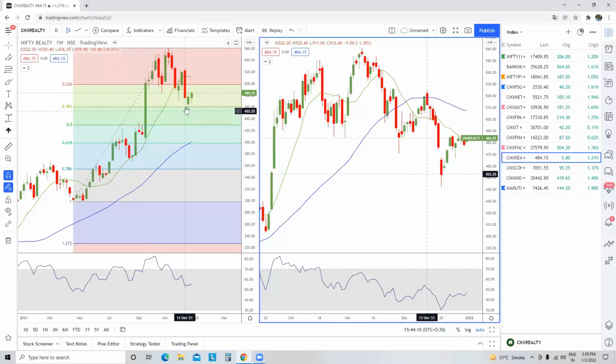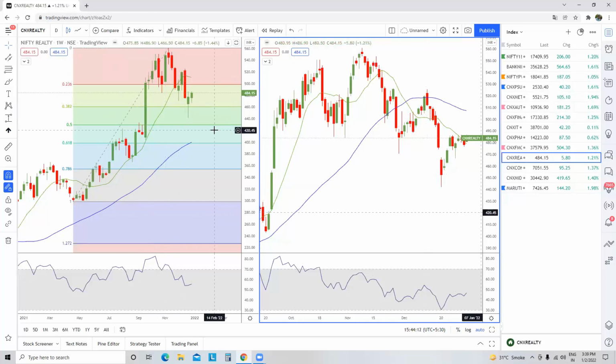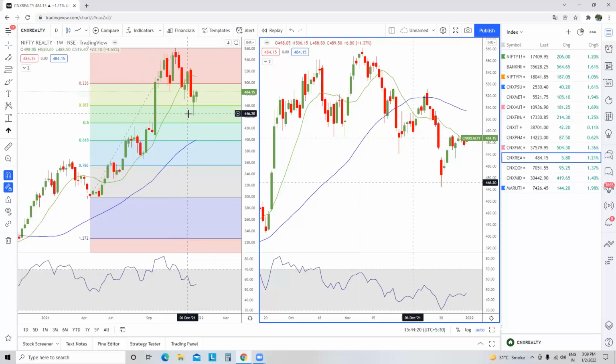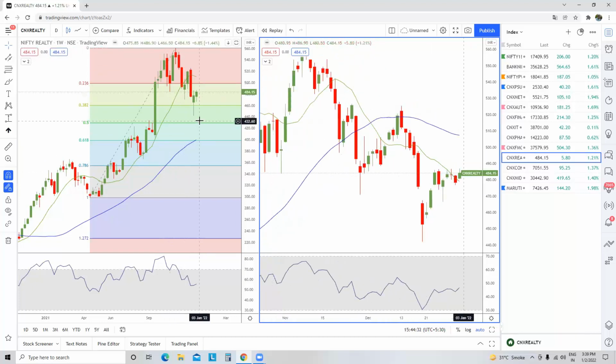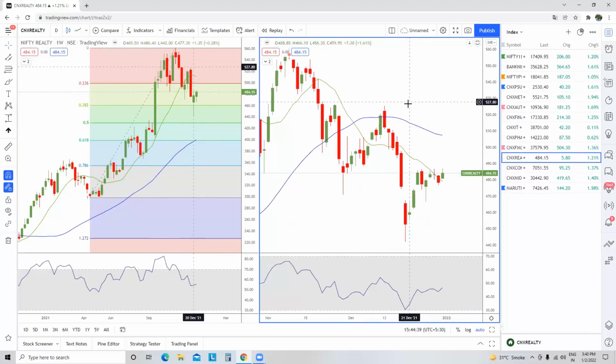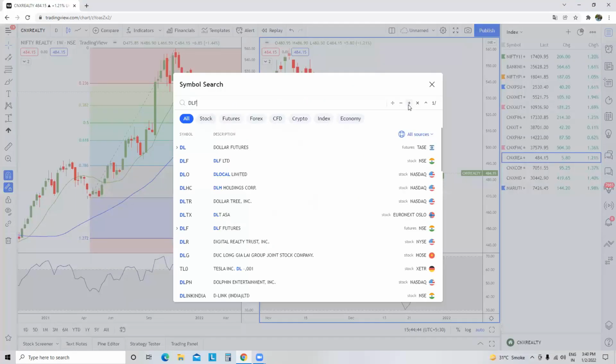Now this is one sector which has come down, because IT and metal didn't even come down that much, but we saw a little bit of profit booking happening in the realty pack, and after coming down, it is trying to bounce from the 38.2% Fibonacci retracement. This is a very good sign, but I will not be surprised if we see maybe a few days of consolidation continuing in the realty pack, and if it does, then I think you should keep your eyes open on all your important stocks, especially DLF, because if you see, DLF has been able to close